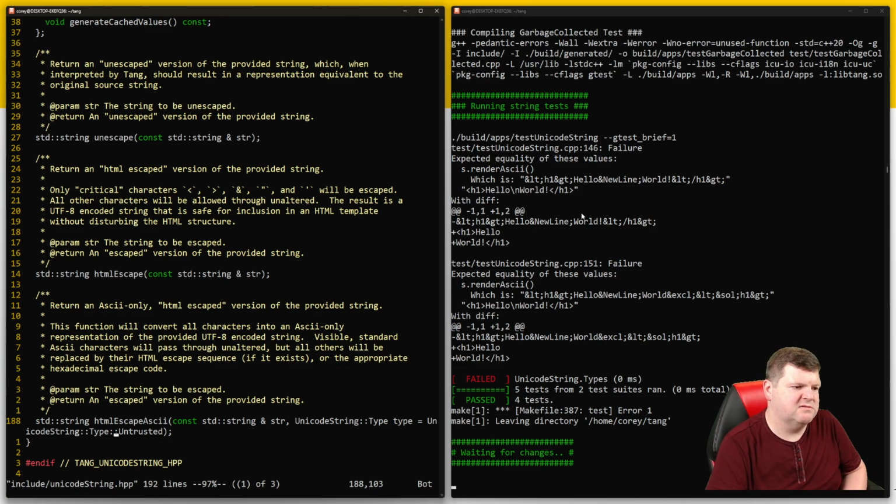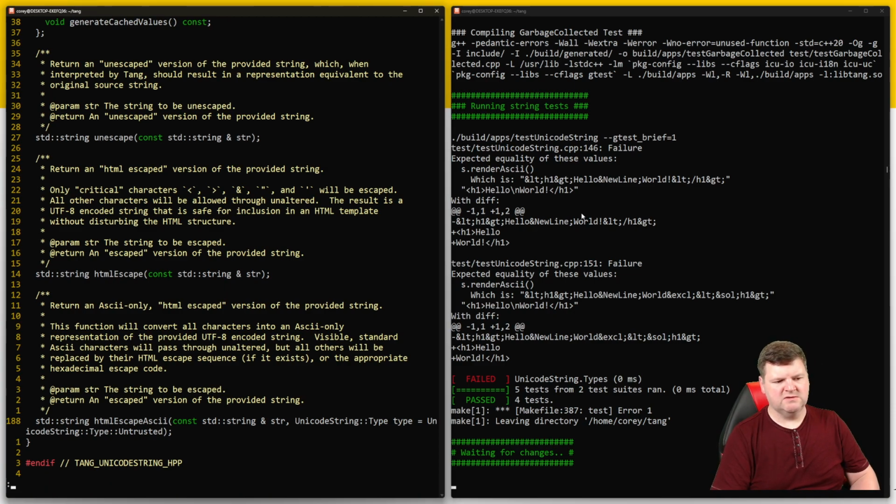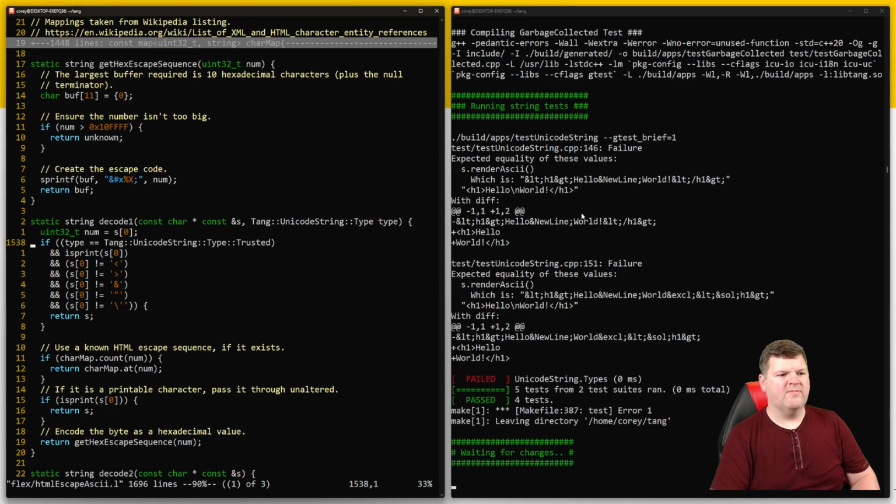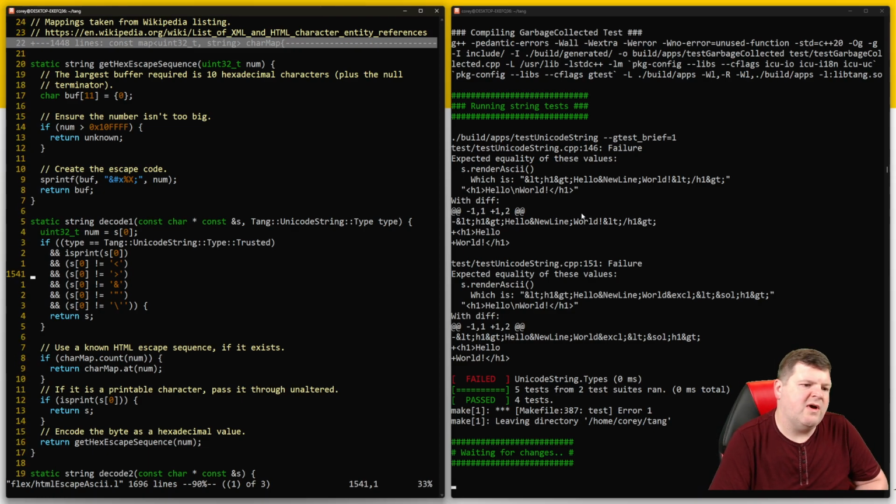Trusted, don't encode the special characters. So now that brings us to here. So if I'm decoding something, when do I want to return? When it's